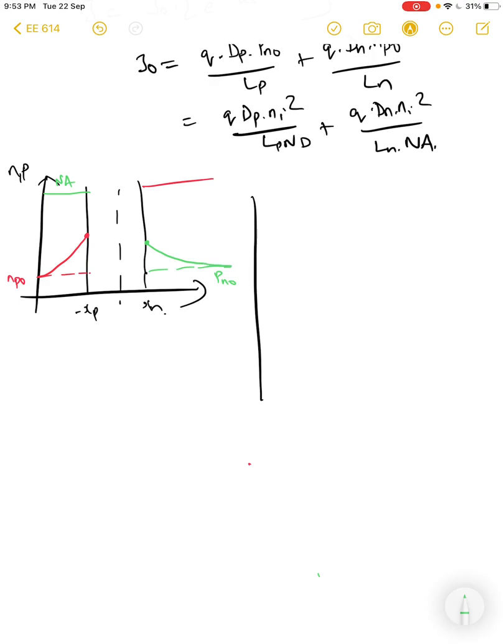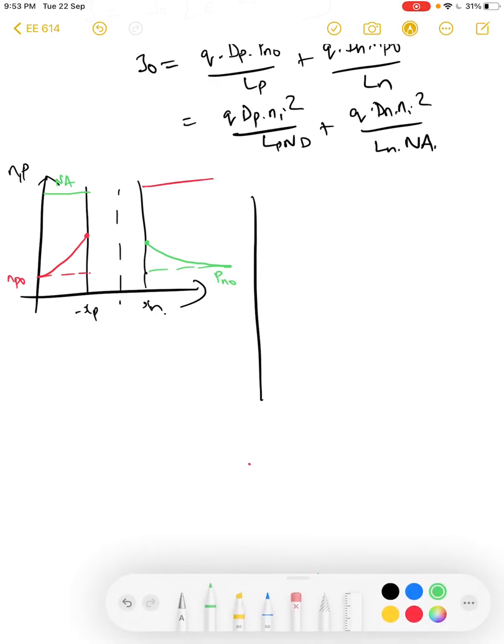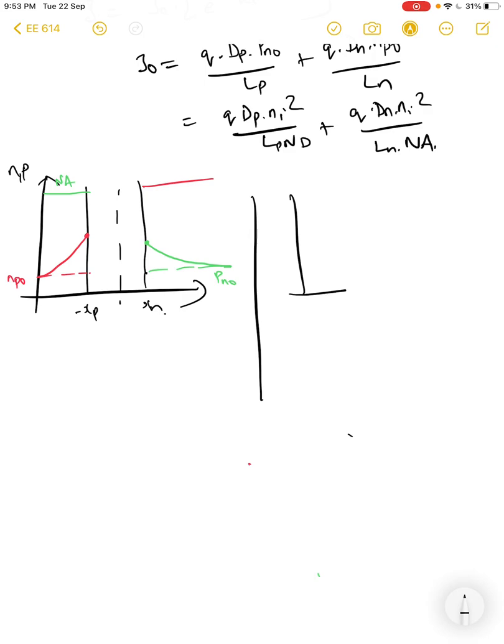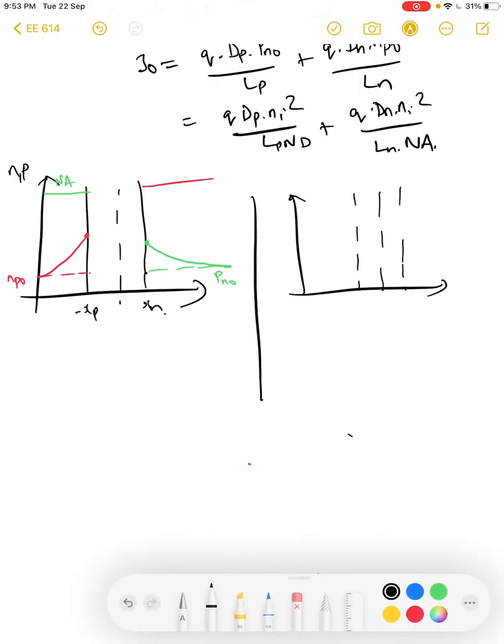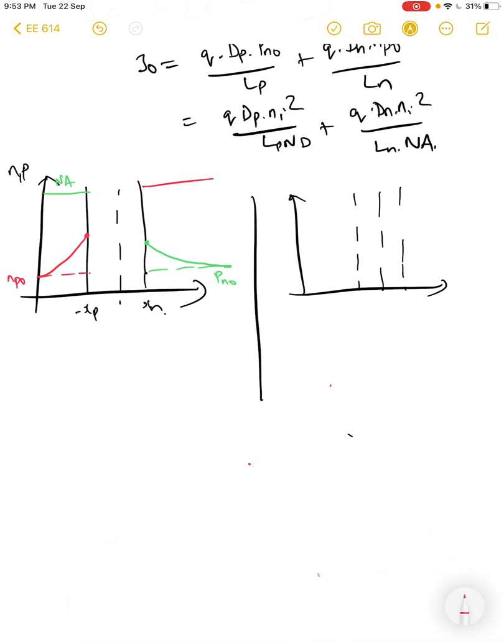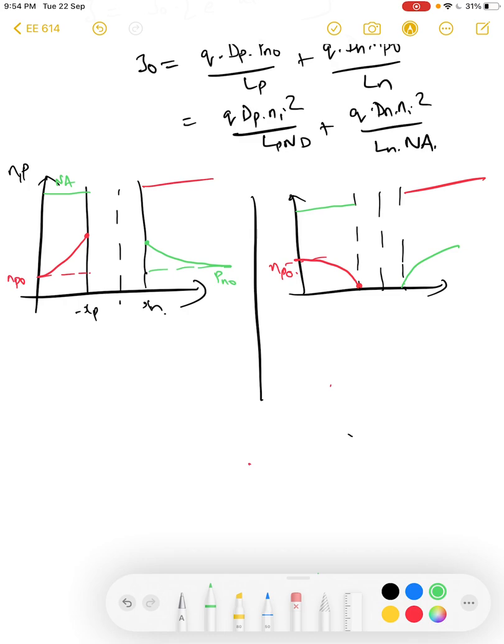Now, if you do the same thing for reverse bias, I'm going to do it only for the electron side. The electron drops down exponentially at the p type and then rises, because it has to anyway go back to the equilibrium concentration. And it has much higher values here. So this is the kind of relationship that you will have for the carrier densities. What do you think about the current?